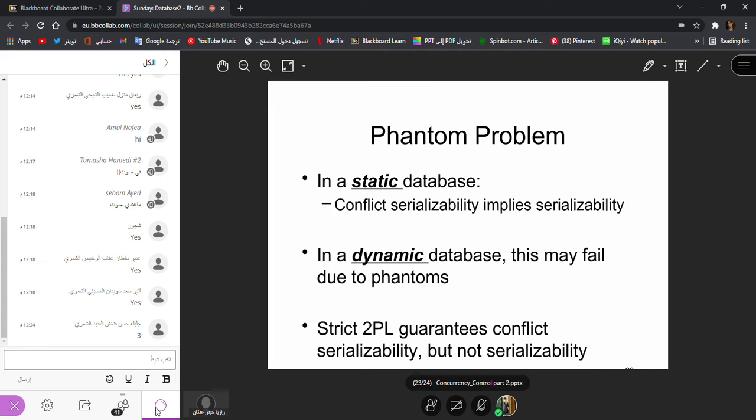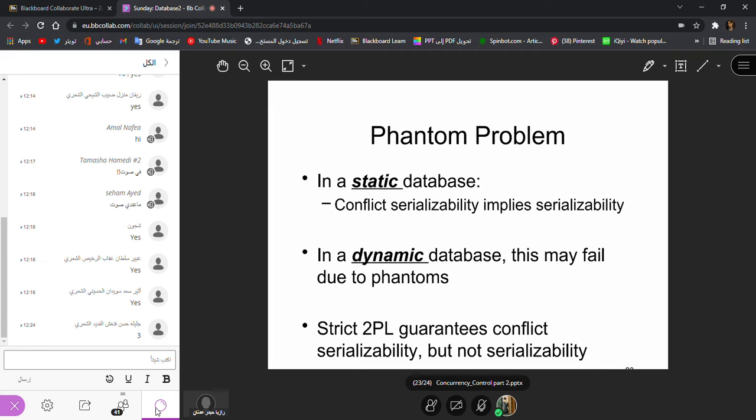Up till now, whatever we were talking about before this were static databases. A static database means that you already have data inside the table, and we suppose that there are no insertions and no deletions from the table. At the start of the transaction, if you have 100 rows, they will stay 100 rows.